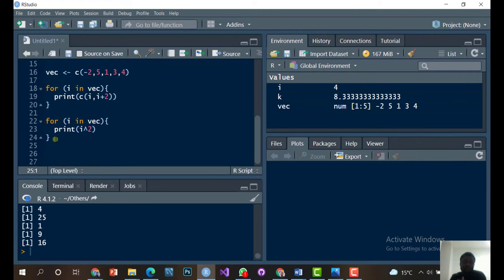So how do we have the values that have been printed, 4, 25, 1, 9 and 16, in such a way that we can reuse them again? So what we mean is that we want to store them in a variable that can be useful again. So to do that,